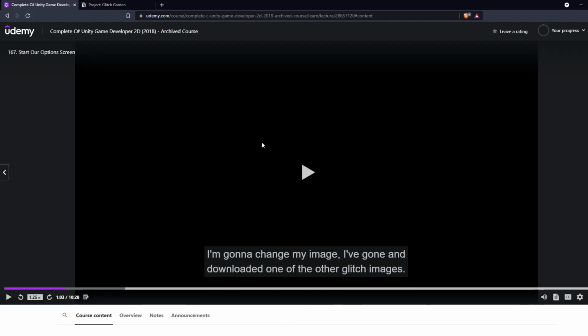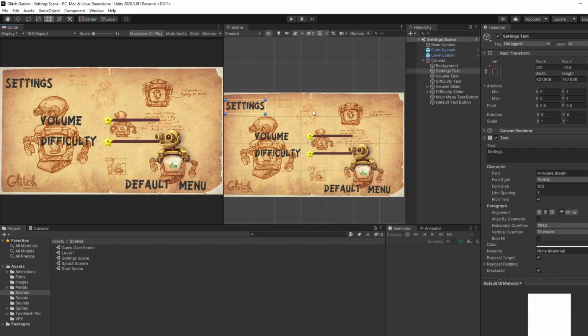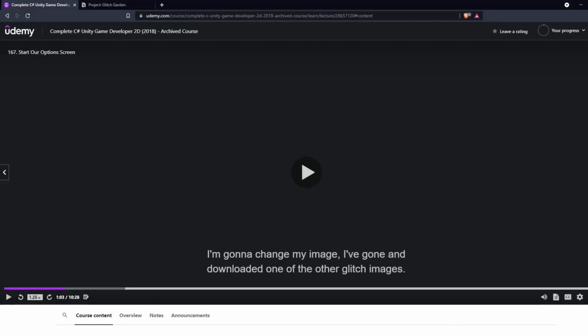So the thing I'm not sure about is whether or not this should be affecting anything. Because if so, then I probably wouldn't know how to do it. Like there has to be some sort of property, kind of like how we had the time scale for the volume and for difficulty. I think maybe just